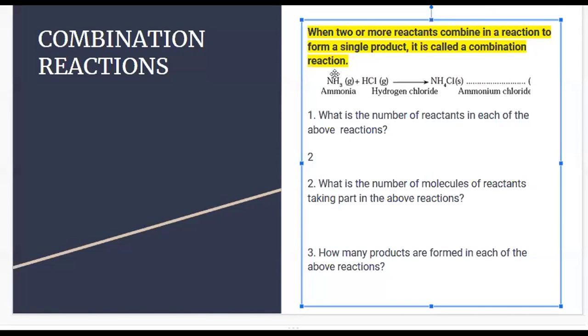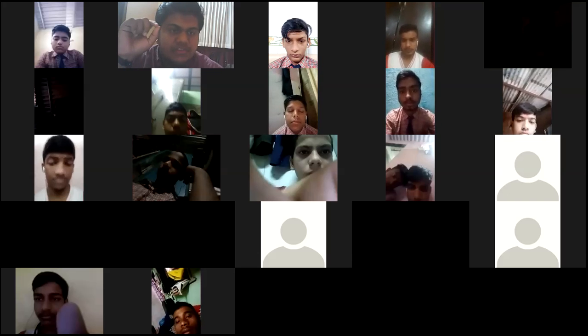Because guys, the question is molecule, correct? This is a molecule. Molecule is combination of atom. So this is one molecule. This is one molecule. So there are two molecules. Now a lot of you said 6. 6 is the number of atoms of the reactant. Here in one molecule of NH3 ammonia there is 1 N atom and 3 H atoms. So one ammonia molecule has 4 atoms. Here one HCl has 2 atoms. Did you understand? That is how it comes. Is that part clear? The difference between molecule and atom.